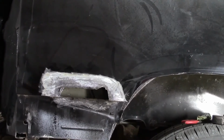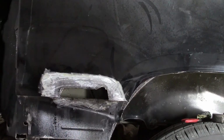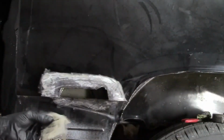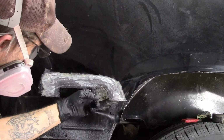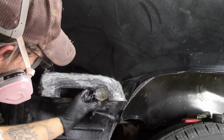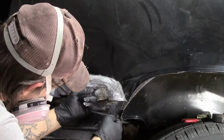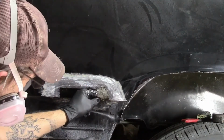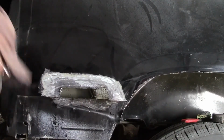Getting my fiberglass matting dipped real good, and I'm going to put it in here. Sorry for the shaky cam. Nice soaked piece of fiberglass matting. We're going to come up here, try to place it up in here where we want it. Make sure she's stuck good. Where we want it to be. Like so. And we'll do